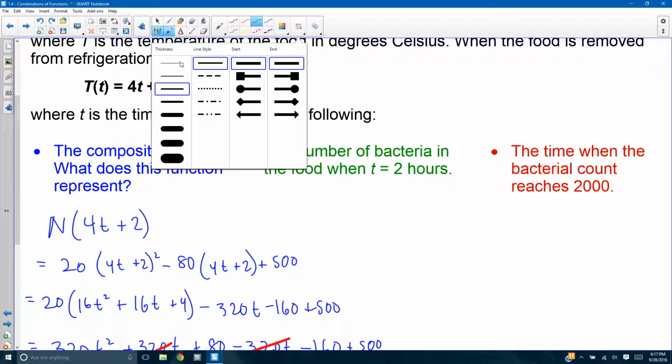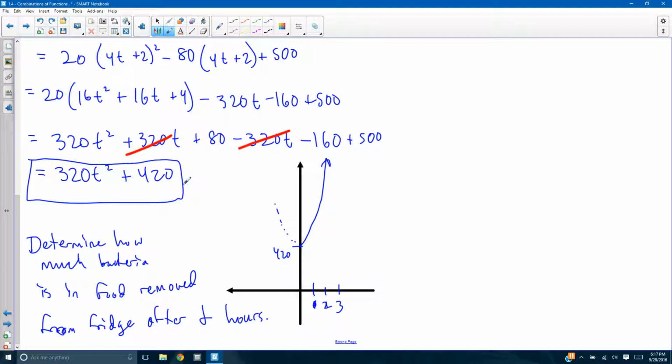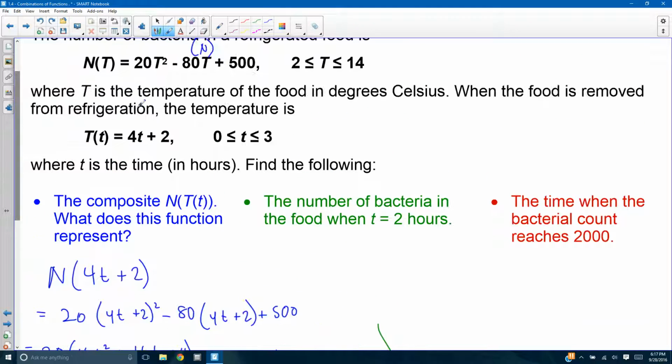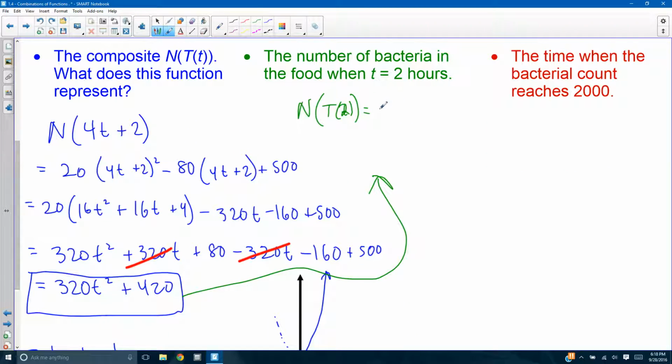Okay, the second one, the number of bacteria in the food when T equals 2 hours. Now you can see why it's important to have this function here, because we can use this straight up. Notice I don't have to go to big T of little t and figure out how many hours it was out of the fridge, which would be what the temperature is. It would be 10 degrees Celsius, by the way. But I can go straight into N of T of 2, which is this function right here, 320 times 2 squared plus 420, which becomes,